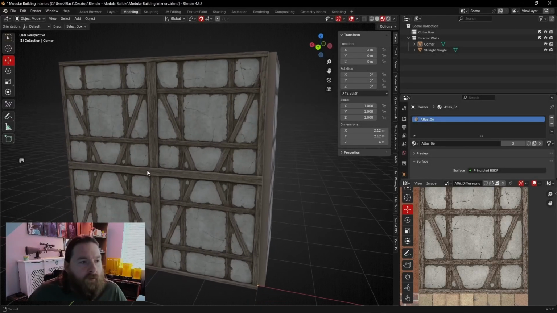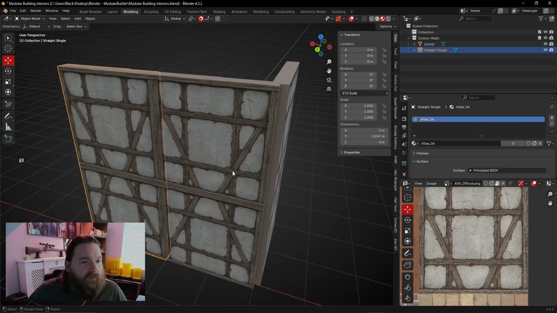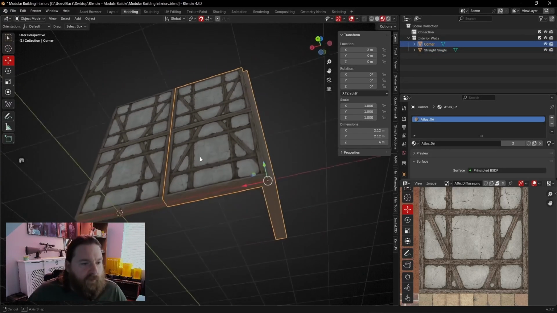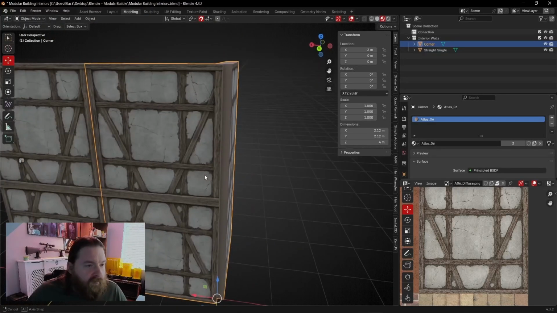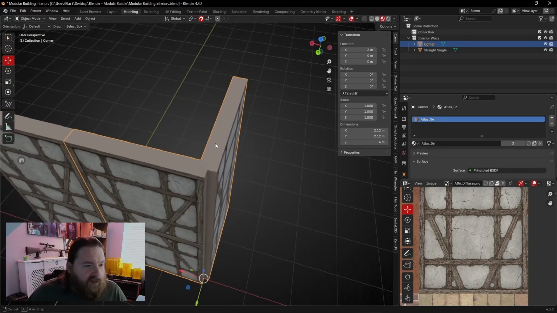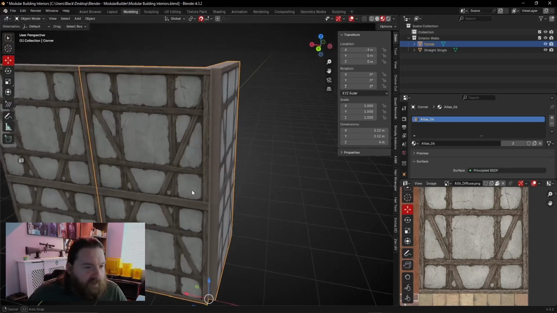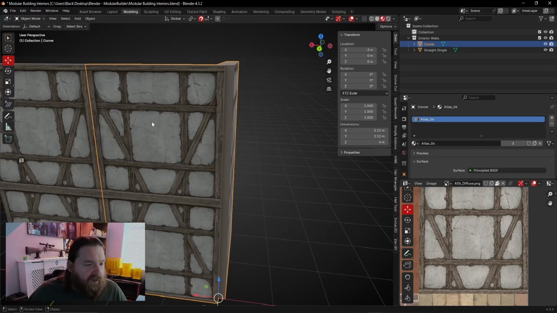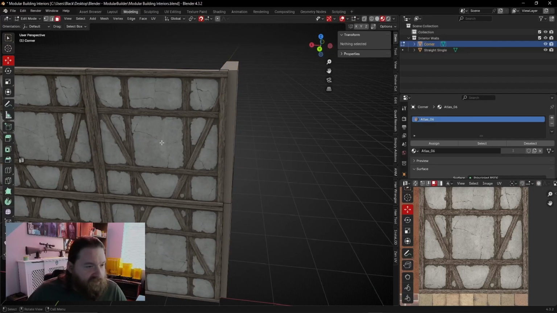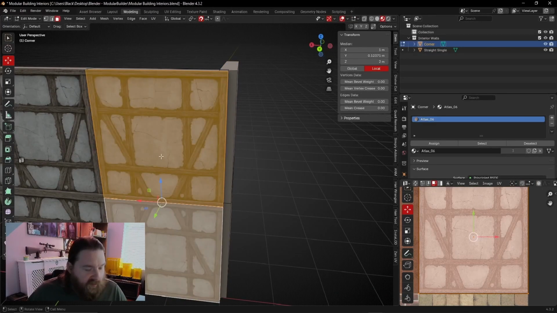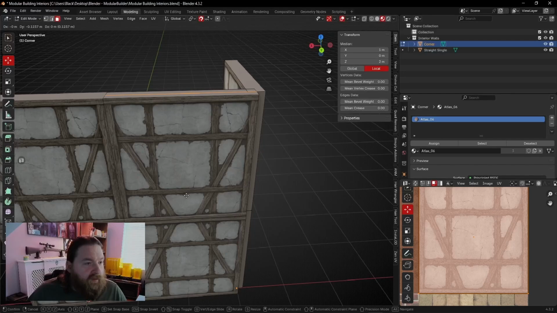Okay. So we have a straight wall piece, we have a corner piece here. I think before we move on to anything else, I'm just going to fill this little gap here. So rather than model this geometry out with a fresh piece, what I can actually do is, because I know that this texture here is set to tile seamlessly, I'll just grab these. And I want to press Shift D and